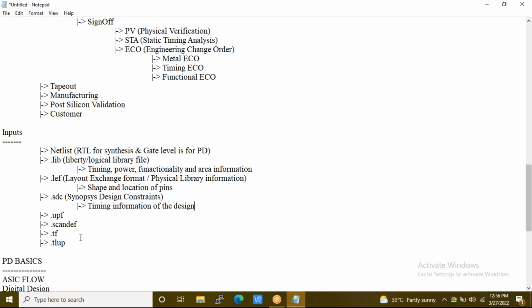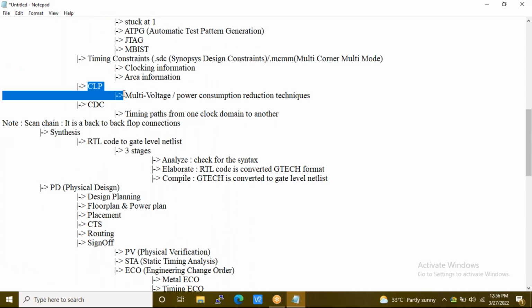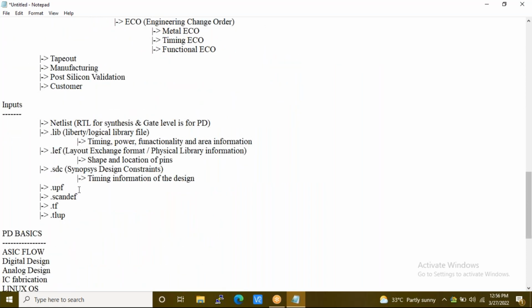Next is UPF. What does UPF hold? Here we were discussing CLP, right? The multi-voltage or power consumption reduction techniques, those constraints will be in this UPF, and the full form is Unified Power Format.